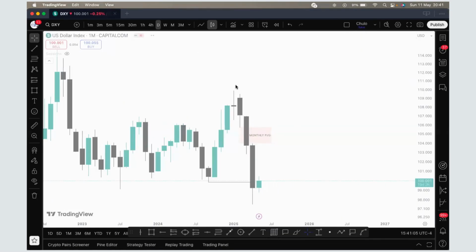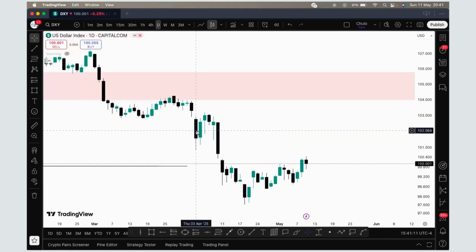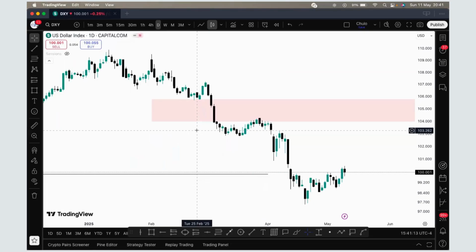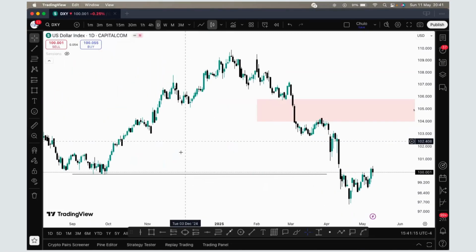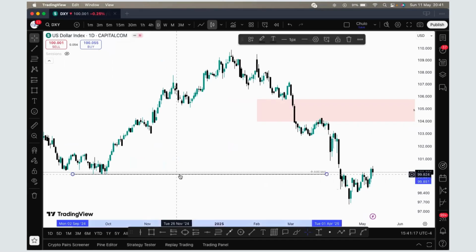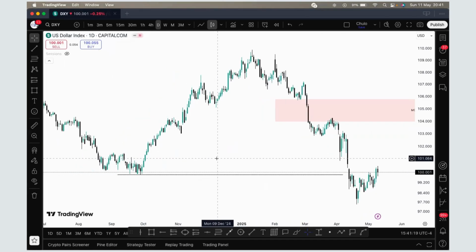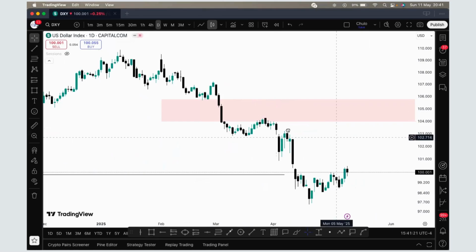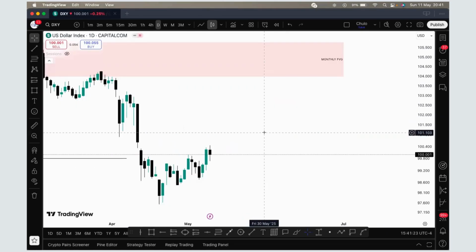So dropping down to the daily time frame, let's see if we are going to have a reaction from the daily time frame. Of course, we do have a reaction from the daily time frame. This is the external range here being taken out. This external range here being taken out. We have this monthly fair value gap here. And now